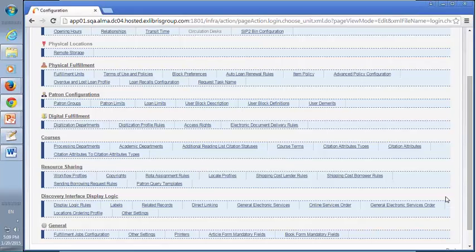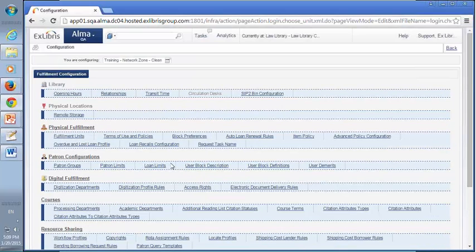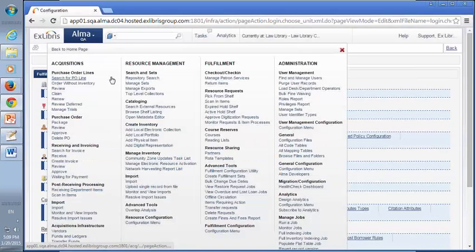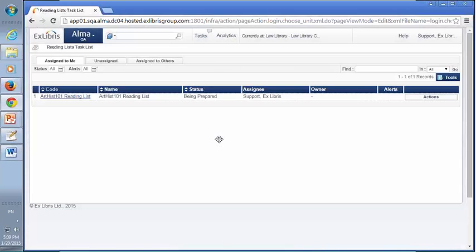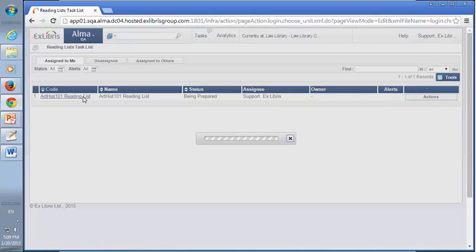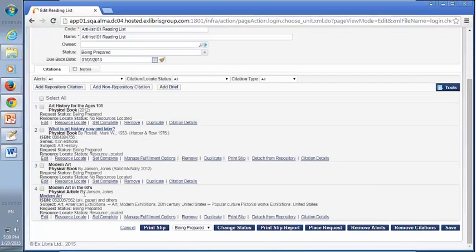Now that we've configured our attribution types, let's see how they can be added to the reading list. Okay. If I go into the Alma menu Fulfillment Reading Lists, under Course Reserves, we can see all the different reading lists, and here we have one assigned to me. It's called Art History. Here we've got some books assigned, and we have a physical article, Modern Art in the 60s. If you enter Edit,